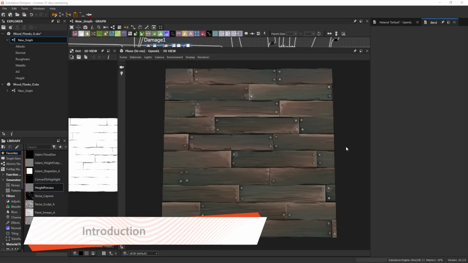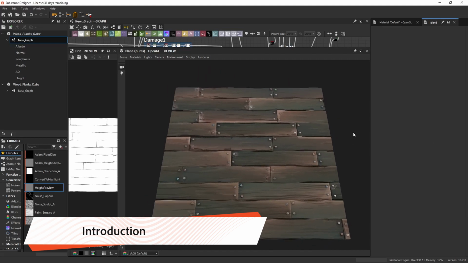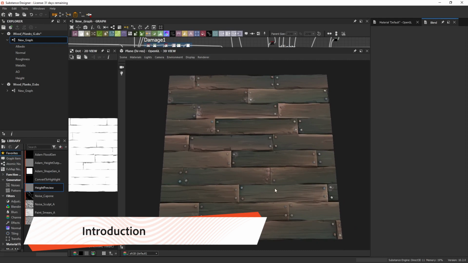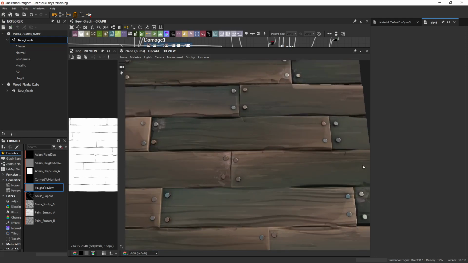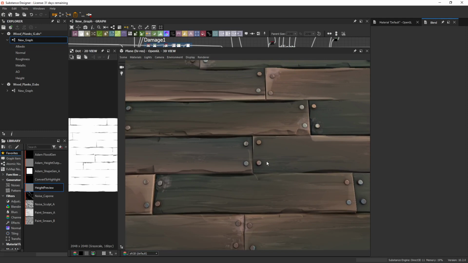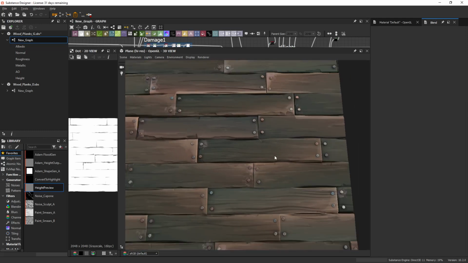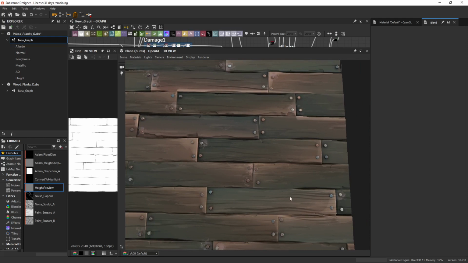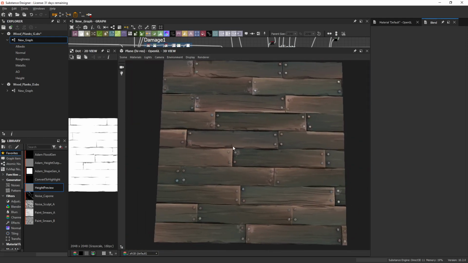Welcome back, and this is the wood planks material. In this video we're just going to cover a few of the techniques used in here. The main one is probably the brush strokes that are directional based. So if you see here, you can see very clearly on the underlying base that there are these very brushy kind of horizontal strokes. We'll also be looking at the wave effect, but one of the most important aspects of this that